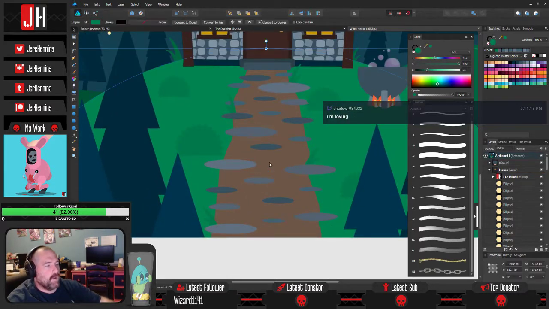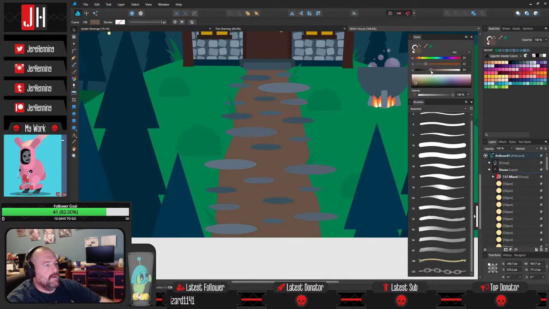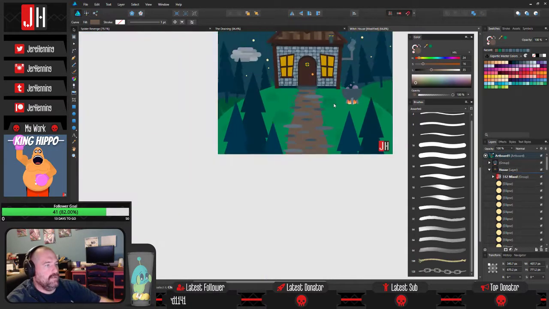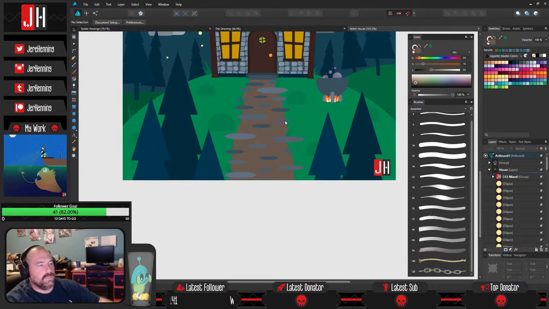But you know what I think might be the problem here, guys? I'm thinking this brown might be the problem. I'm thinking it needs to be a little more neutral, like that. I feel like that brown was just too,